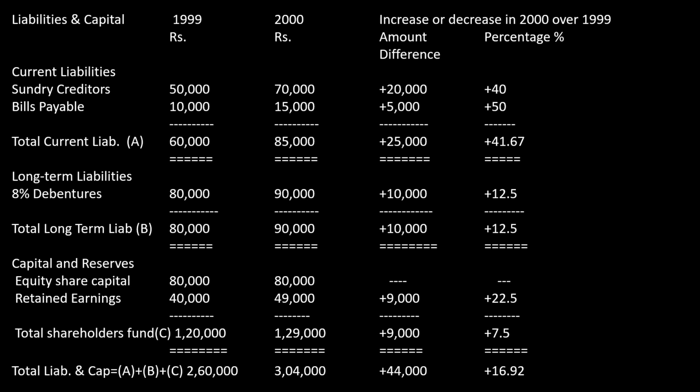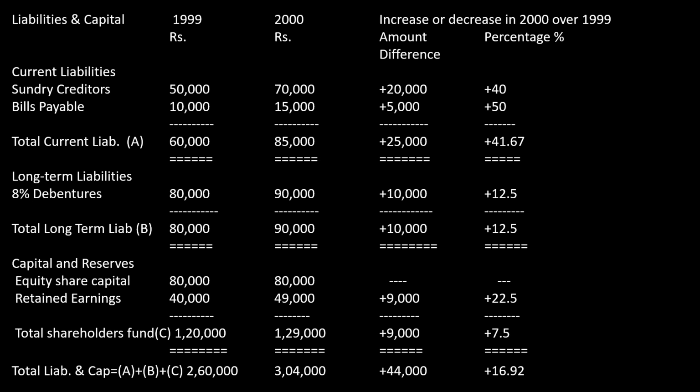Now here are the liabilities of the same sum, only the liabilities here. The liabilities are also categorized in a different way. I'll select all my current liabilities first, then long-term borrowing, then my capital and reserves, that is the shareholders' fund. It's called shareholders' fund, capital and reserve. The first 3 columns are again nothing but the repetition of the sum in a fixed format. I pulled out all the current liabilities and wrote them in one row. Then I wrote all my long-term liabilities in the second row. Then my capital and reserves in the third row.